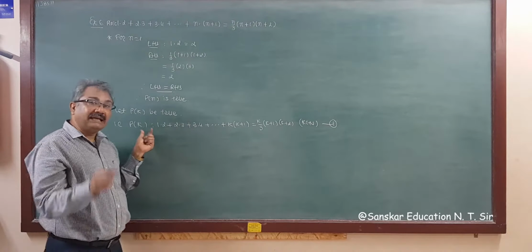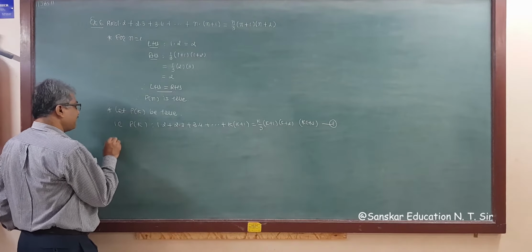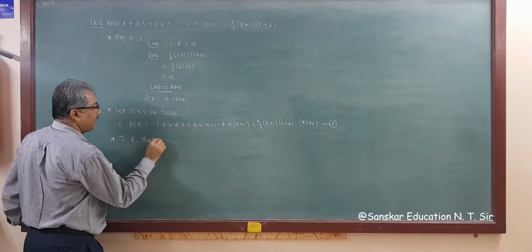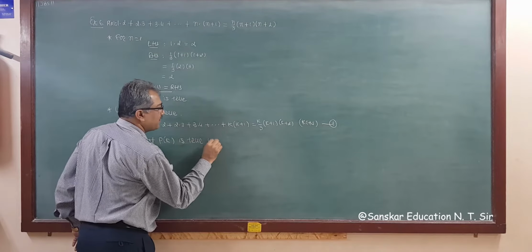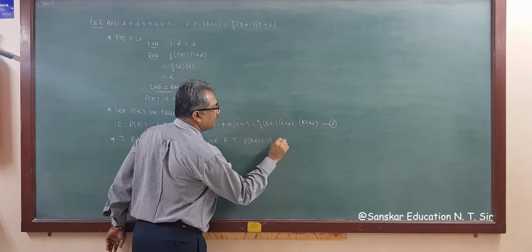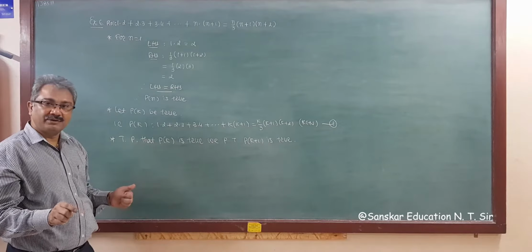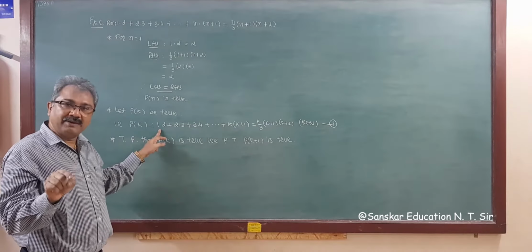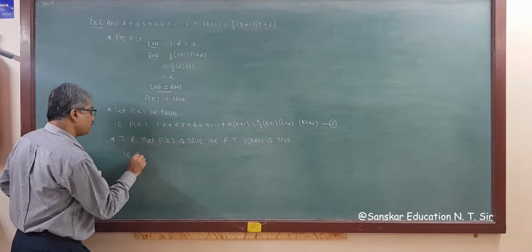Now, assuming that P(k) is true, we are proving that P(k+1) is true, right? So the next step is to prove that P(k+1) is true. For writing P(k+1), you know what to do. Write down the left hand side of P(k) as it is. So that is to prove that